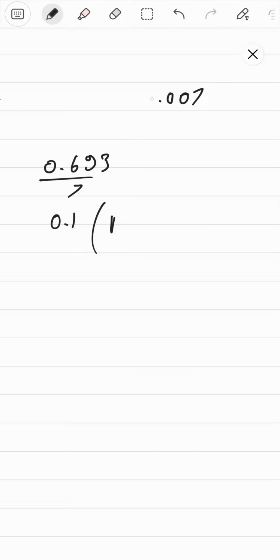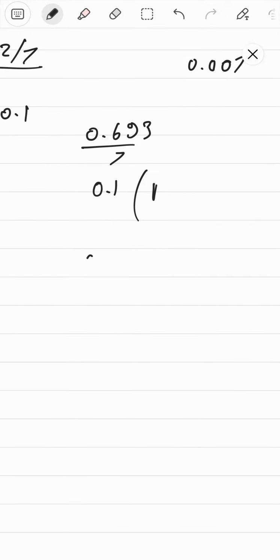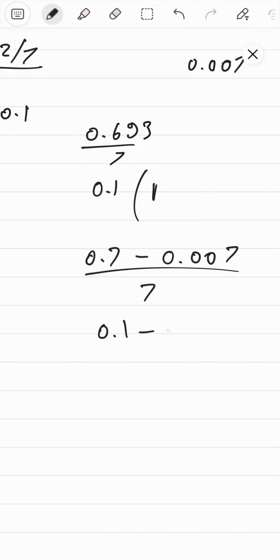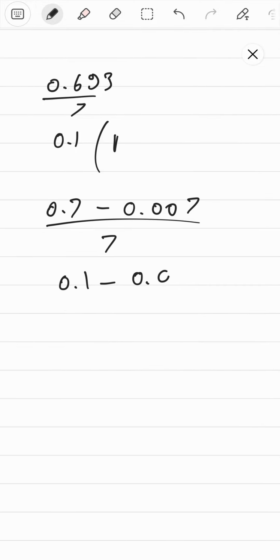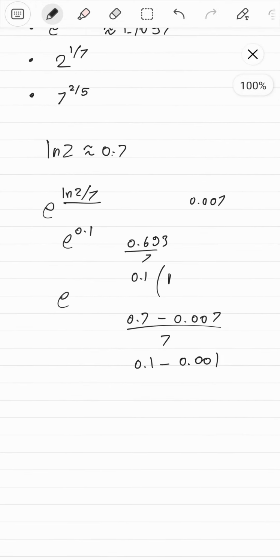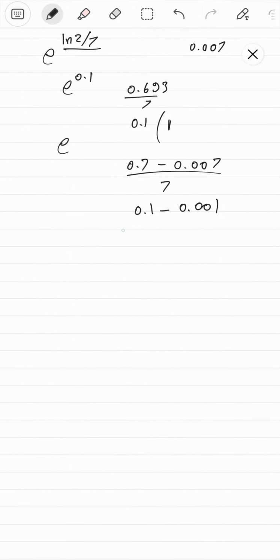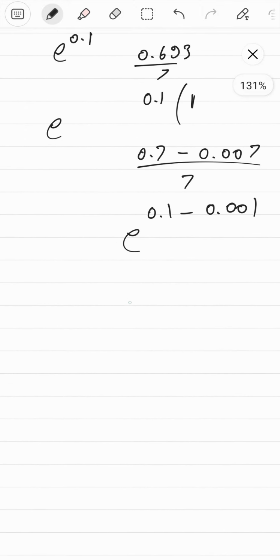Okay, that's supposed to be 0.007, okay, that plus this, of course, that becomes 0.7. So it's 0.7 minus that much. Just write it like that, 0.7 minus 0.007, and then all of that upon 7 basically, right? That's going to be equal to 0.1 minus 0.001. So e power all of that, e power 0.1 we already know is just